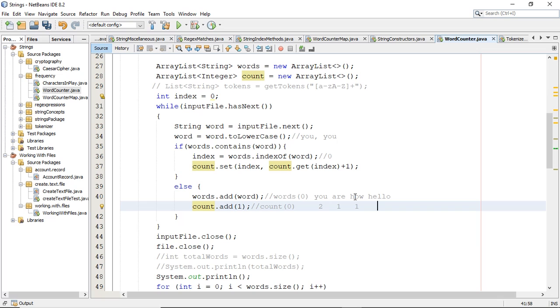So for example, you are going through the file and you encounter the word "how" again. What happens is you have read the word and saved that in the word variable. You have converted it to lowercase, whatever case it was. You check in the words array list whether it contains word, that is now storing "how", and if it has,